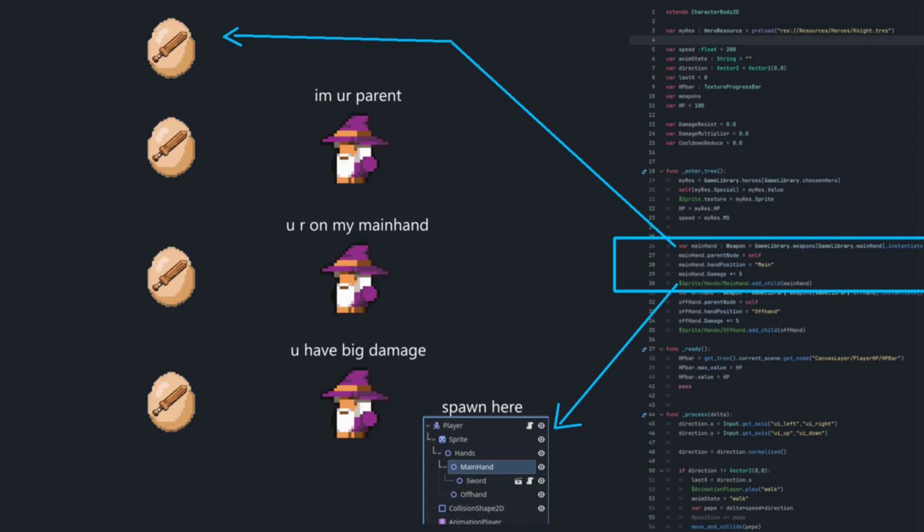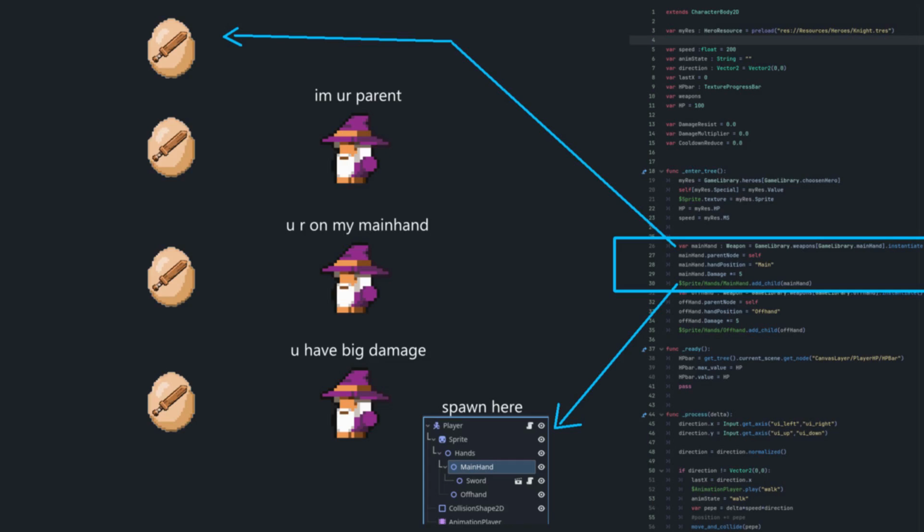And then we're gonna spawn our weapon according to the game library's main hand and offhand. Since we need to choose our weapon and offhand later, we need to make it something like this, so it can vary.